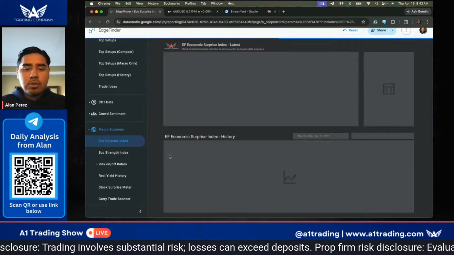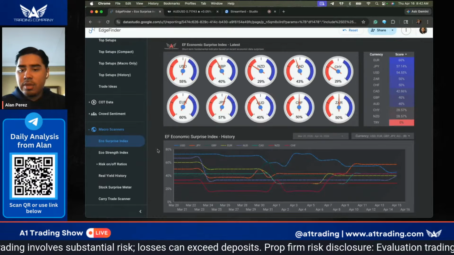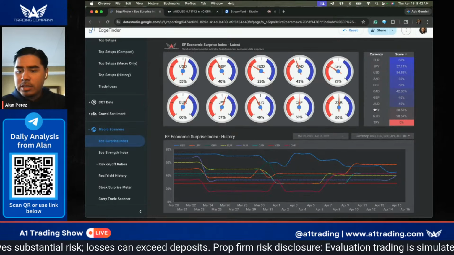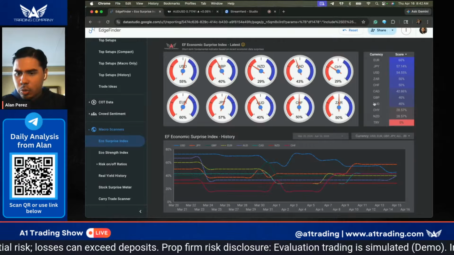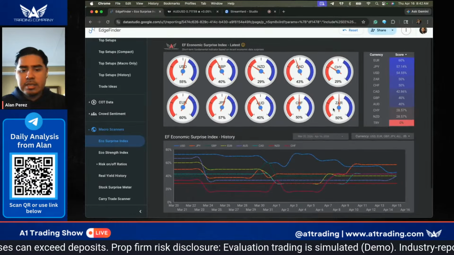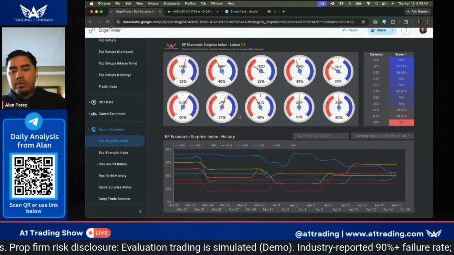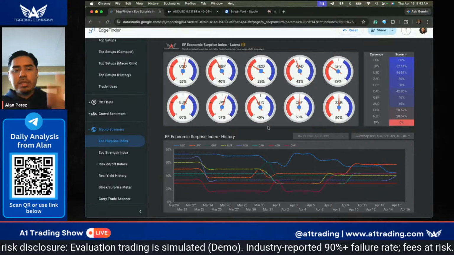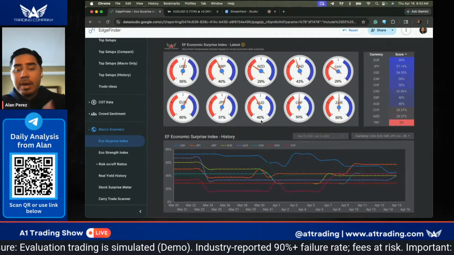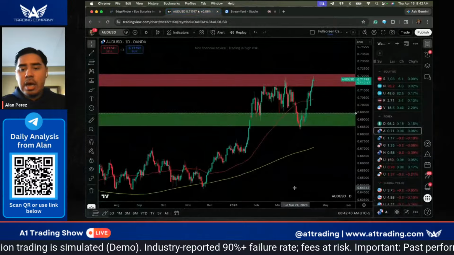If we go to the Economic Surprise Index here, just to see how things are going, you are actually seeing it towards the bottom here, right? So it's kind of missing expectations. If you were to see this start to move the needle to the right, like if you see more data releases for the Aussie dollar and they're getting better,